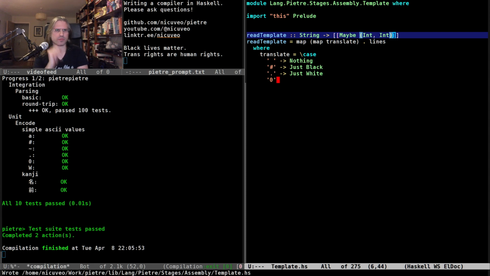Yeah, I think that's correct. I guess we could just actually encode this as an instruction, like it is a push compared to the previous one.